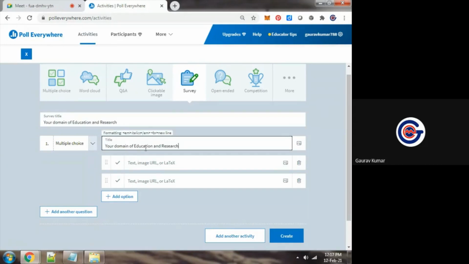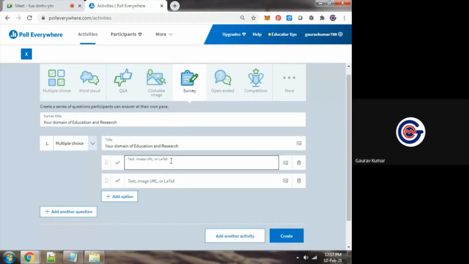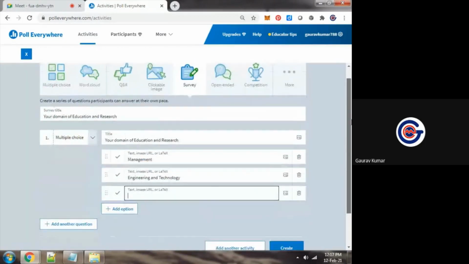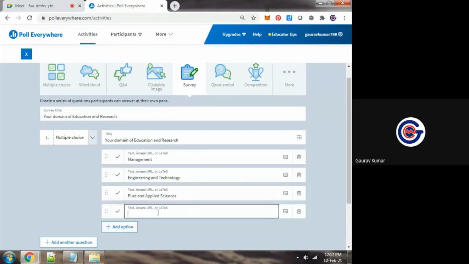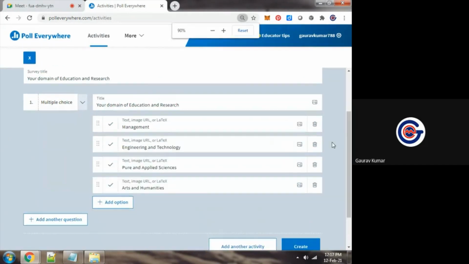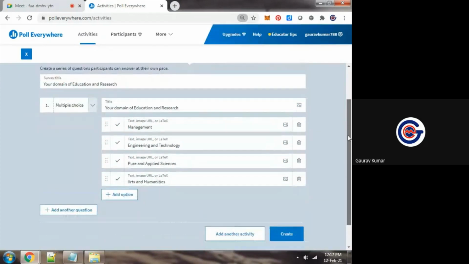So I'm giving management, engineering and technology, pure and applied sciences, and arts and humanities. I'm giving these options in which most of you will fit in at least one category.